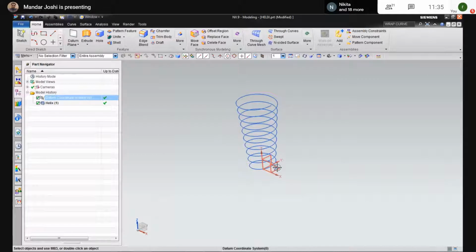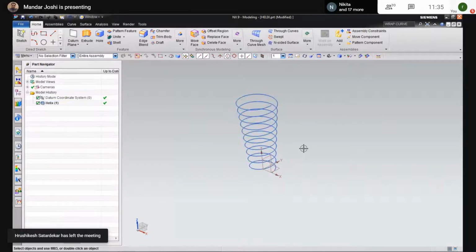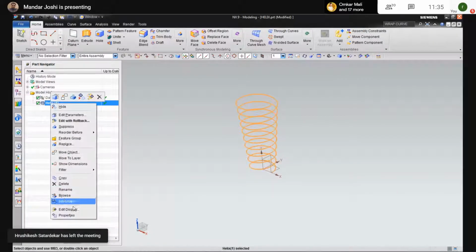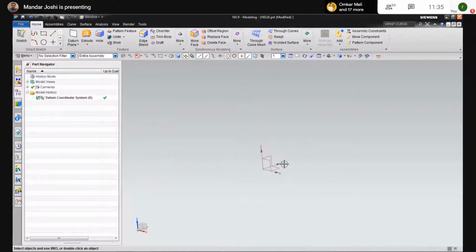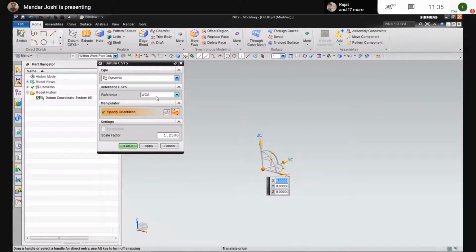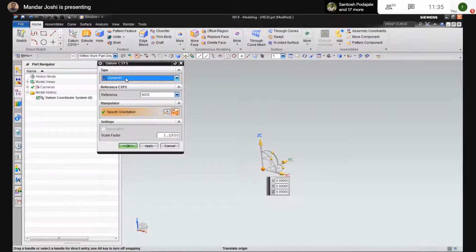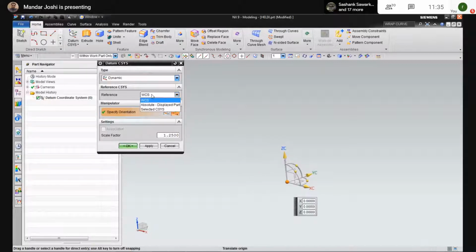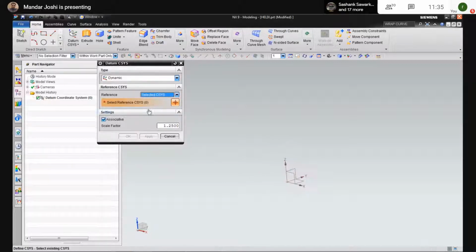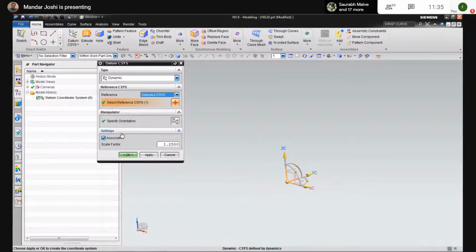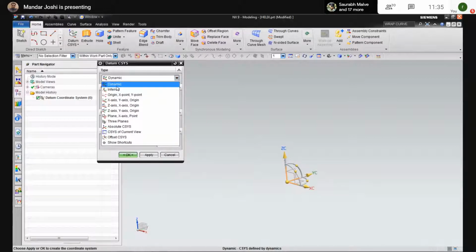But if you want the helix along the y direction, then what do we have to do? In that situation, you have to introduce one more axis system, that is the datum coordinate system, and you define here where you want x, where you want z, etc. So I select this coordinate system and I want the z direction.